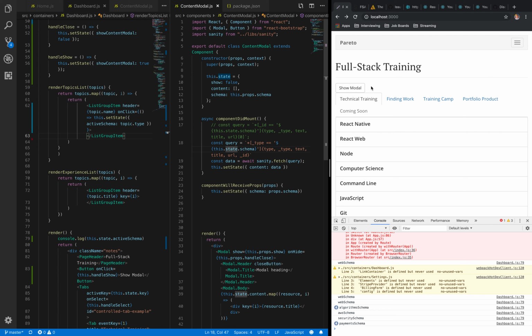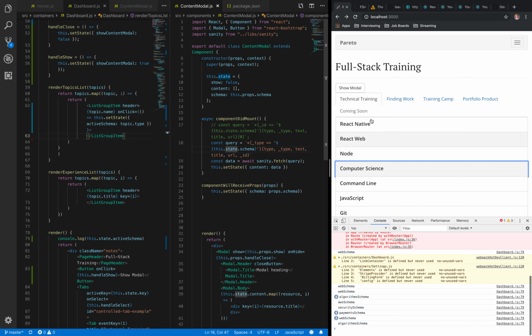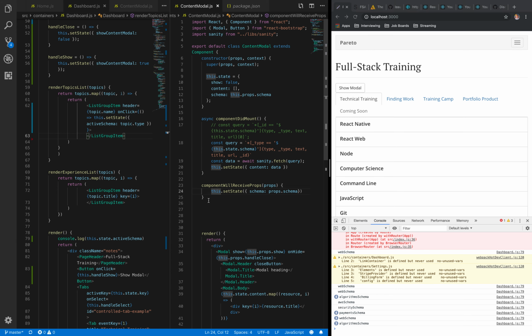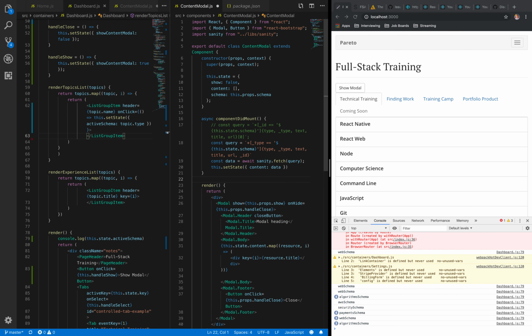Hey everybody, welcome back. When we last left off, we were having some issues with having our modal update with the latest active schema. No matter what we did, it seemed like it was just endlessly pulling the React Web schema data. So we were looking at componentWillReceiveProps, but to be honest, this is a deprecated method and isn't really going to be used after React 16. And we were looking at another lifecycle method called